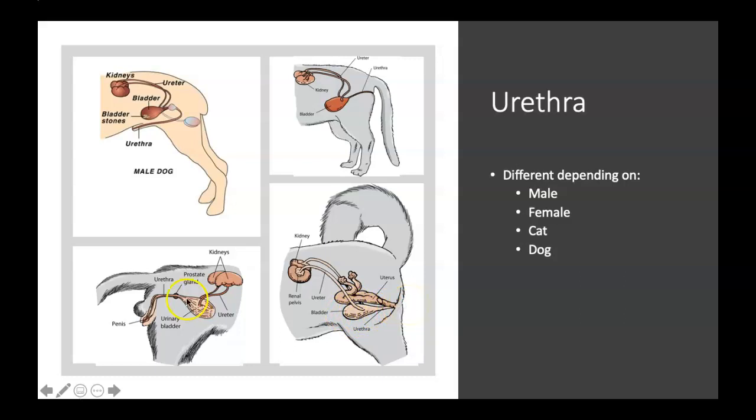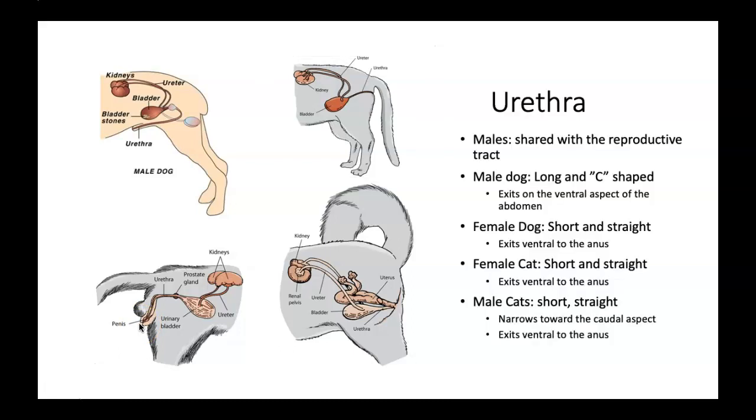And the male cat is kind of interesting. They have the bladder and then their urethra kind of takes a nosedive, but it's short and straight, and it again exits the caudal aspect of their body. So males, in general, their urethra is shared with the reproductive tract. So not only does the urethra carry urine, it also would carry ejaculate in order to breed and copulate with other animals. The male dog has a long and sort of backwards C-shaped urethra, and it exits on the ventral